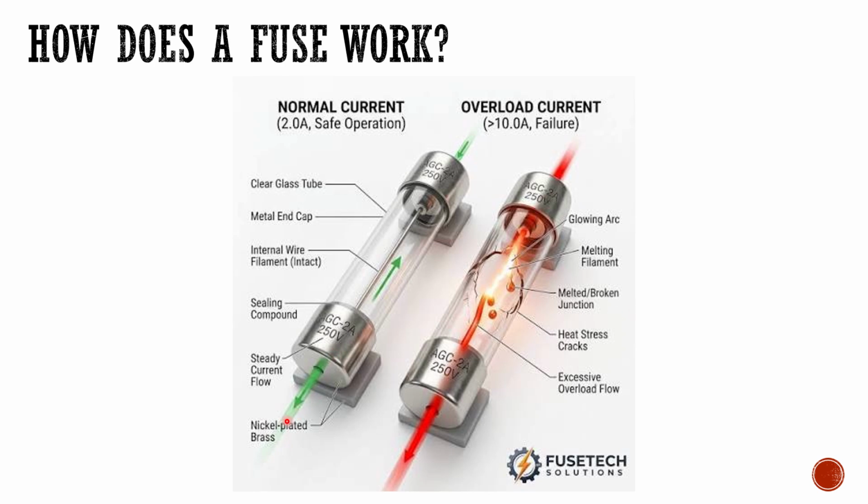Now, how does a fuse work? If there's a normal current, the current just passes through the fuse normally. But the moment that there's some error in your circuit, something causes the current to become too large, then the filament inside this fuse heats up, it gets red hot, it melts off and it breaks, and then the circuit is broken and the current cannot flow through all the other components.